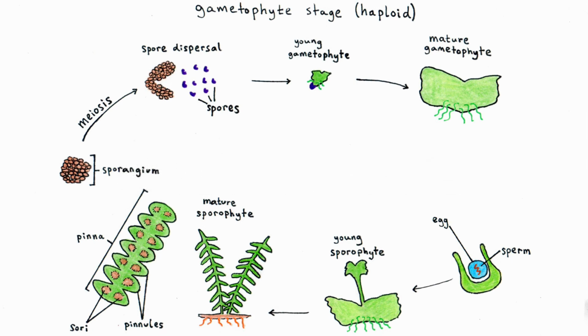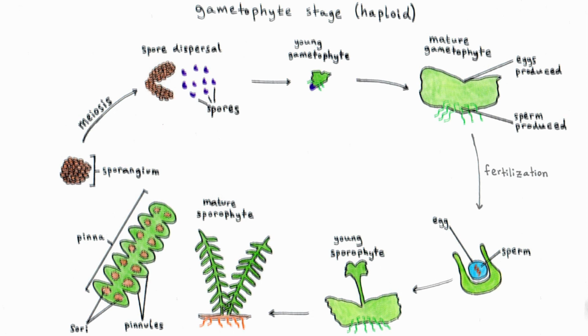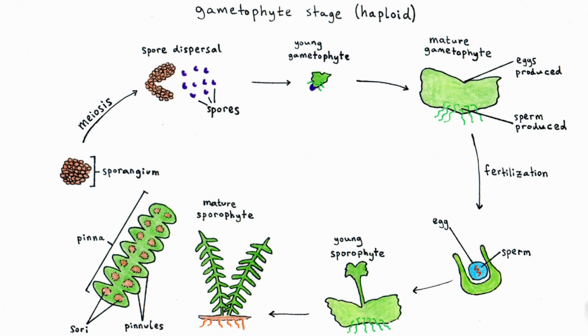Did you notice that the gametophyte looks like a young sporophyte? Let's go through the rest of the cycle and understand why. The gametophyte is able to produce both egg cells and sperm cells. When there is water in the forest, for example when it is raining or when there is fog condensing, the sperm cells are able to swim through the water into the egg cells. This process is called fertilization, and it takes us back to the beginning when the sperm cell first swam into